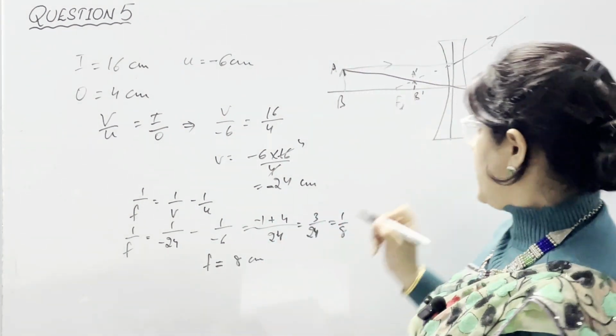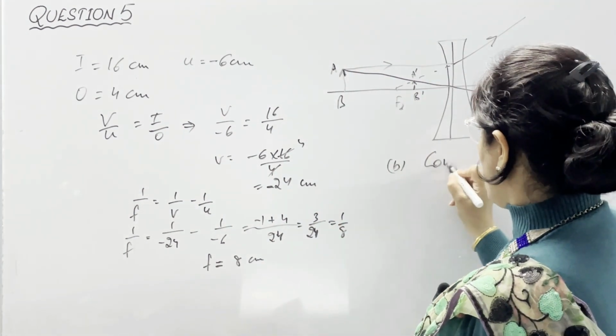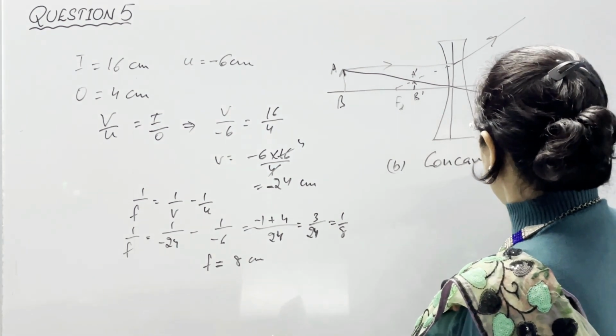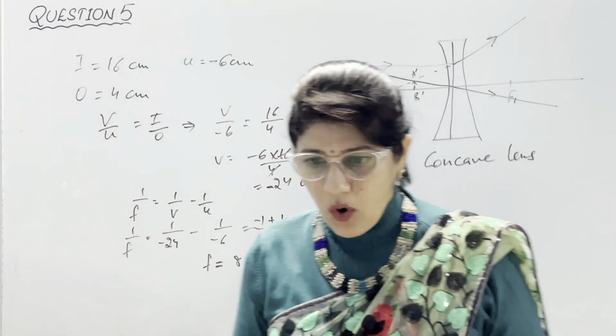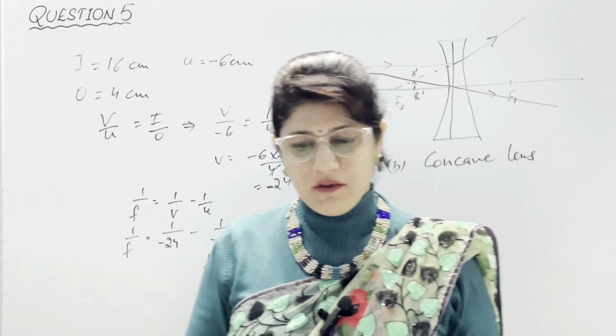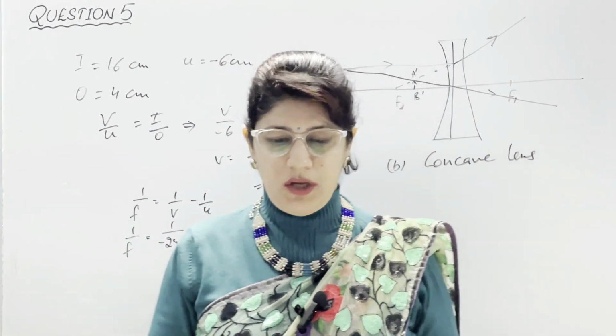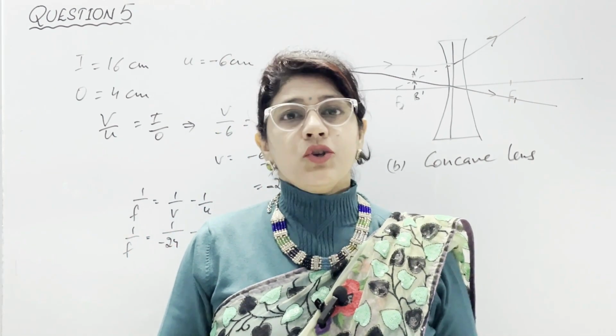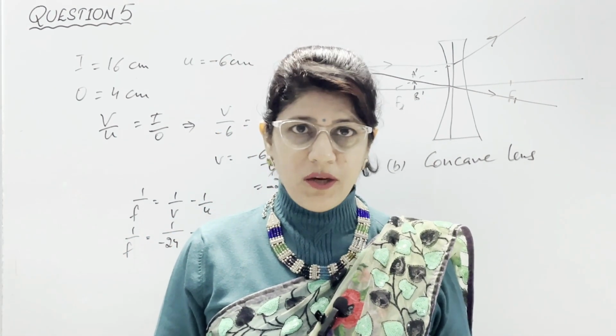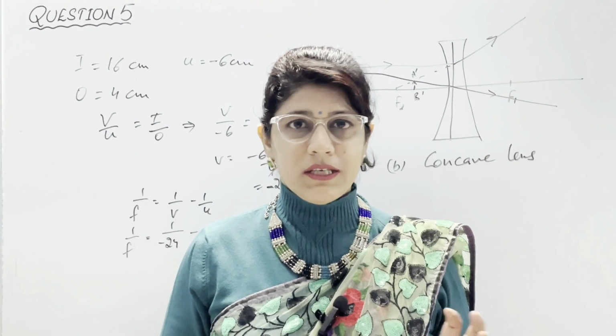Name the lens used in B part. This lens is a concave lens because this combination of virtual, diminished and erect image we will get only in the case of a concave lens, which always forms a diminished image. For more clarity, you can refer to my videos on the light chapter where I have explained all these things very clearly.